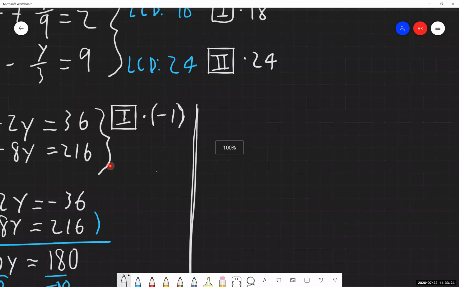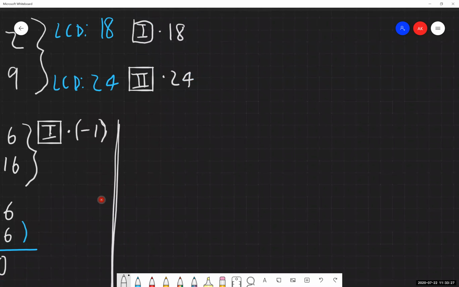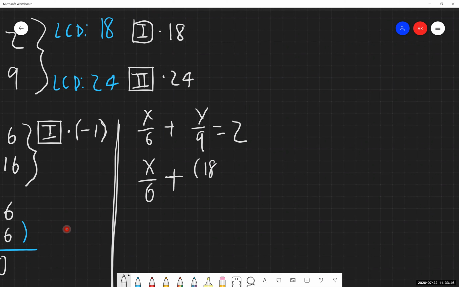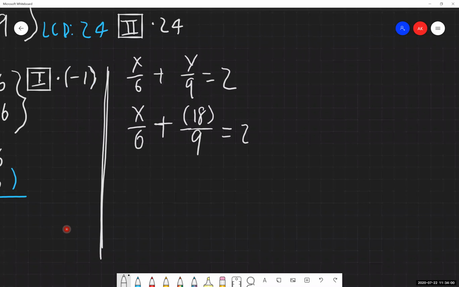So again, I recommend when you are doing this, write out the original equation, I should say. And then in your next line of work, write in the substituted value, or the previously found value, I should say. So we've got that there. And now we're just going to simplify this thing down, and we're going to be solving for x.